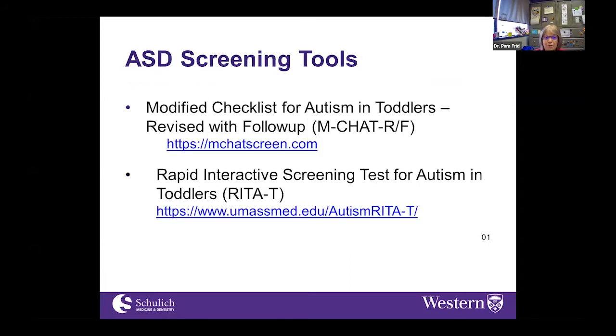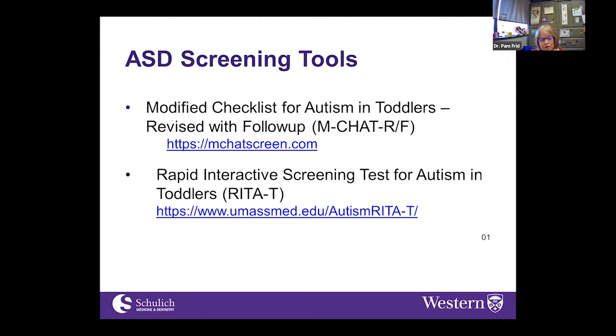Now, something that comes up frequently these days, to the point where my practice has shifted almost 50% to questions of autism, is specific screening tools for autism. And there's one that's readily available, which is the MChat, and that's the first one on the slide here. This is also free, and the developers of the MChat have done a lot of work in the last 10 years on trying to make it much more reliable. And it is definitely more reliable. In fact, it's functioning extremely well now.